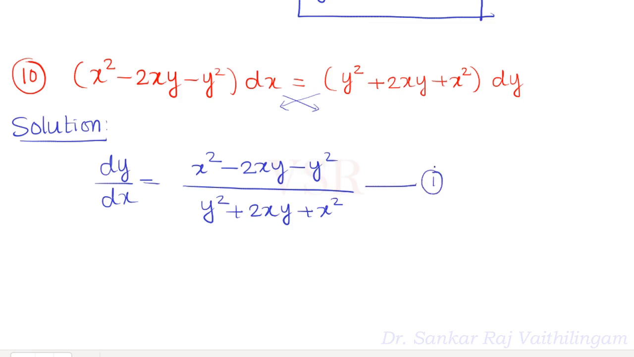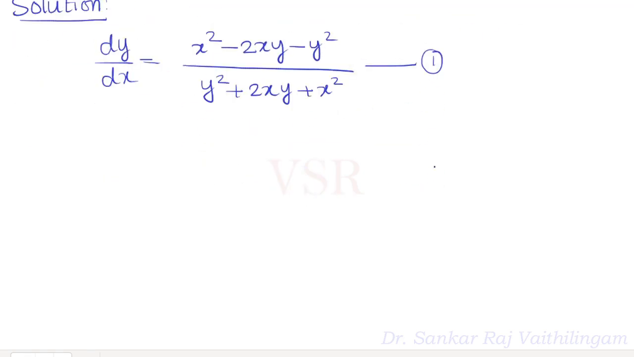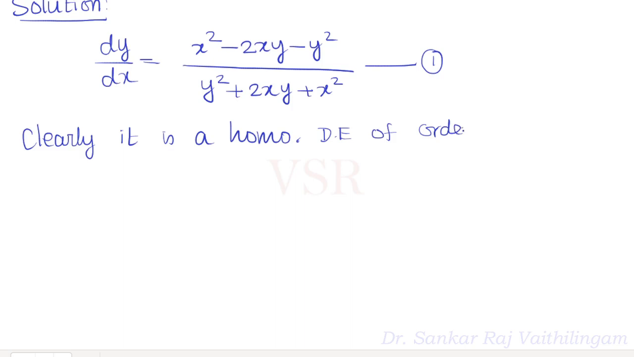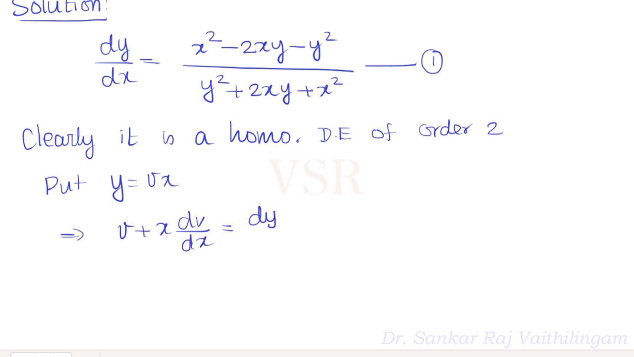So clearly it is a homogeneous differential equation of order 2. correct? எல்லாமே 2 டிகிரில தான் இருக்கு. அதனால 2. So என்ன பண்ணிக்கிறேன்? So put y which is equal to v times x. So this implies that v plus x into dv by dx which is equal to dy by dx which is